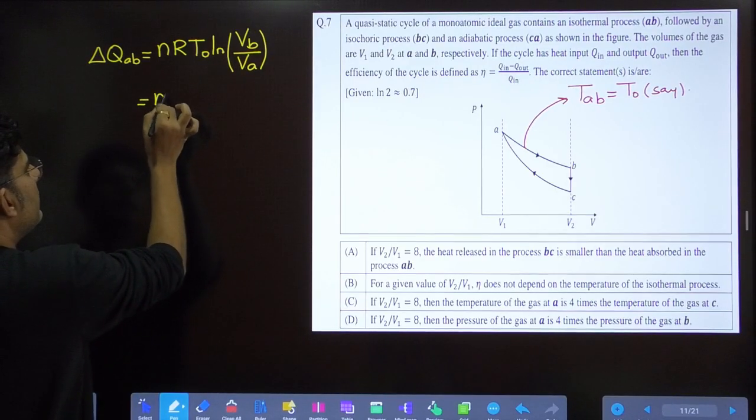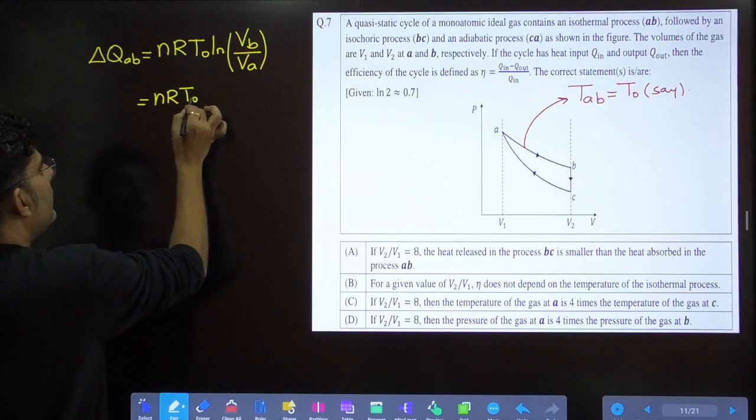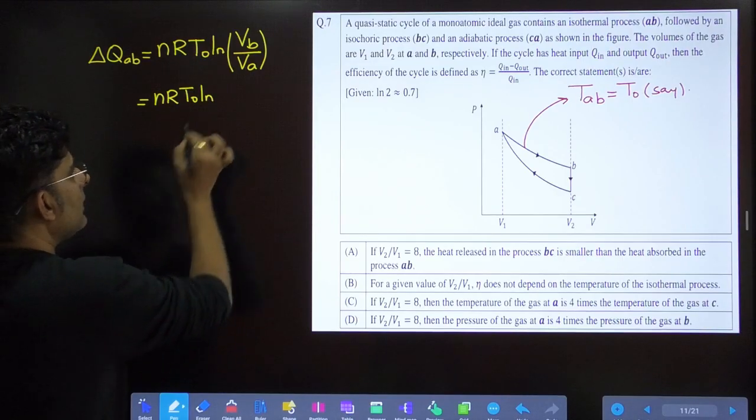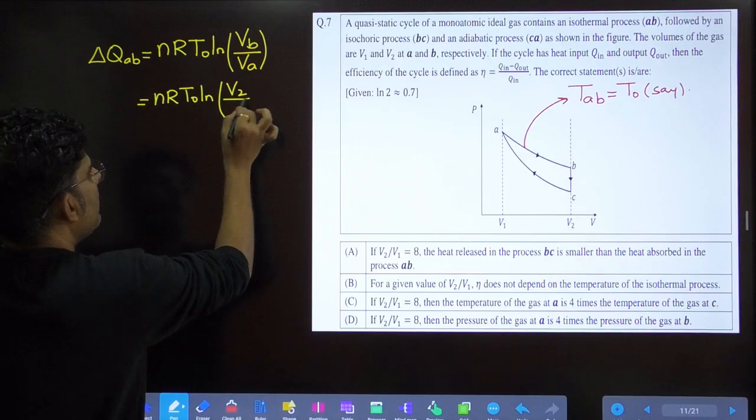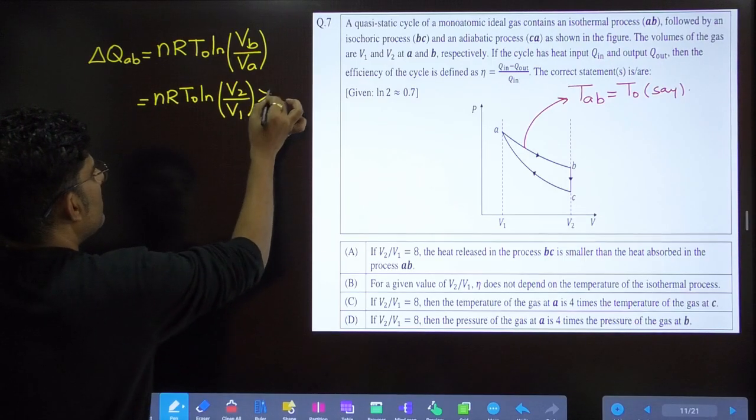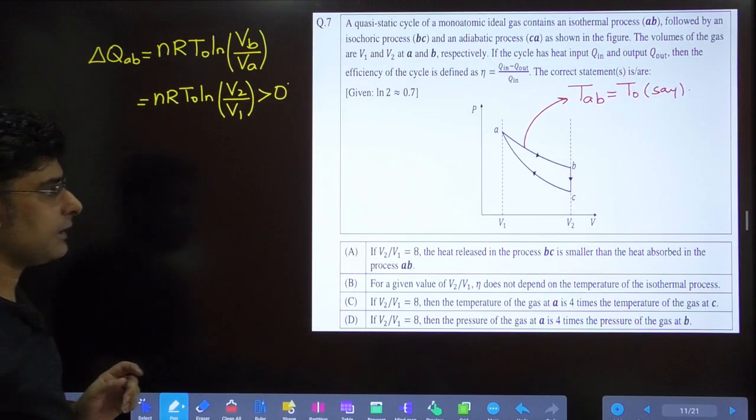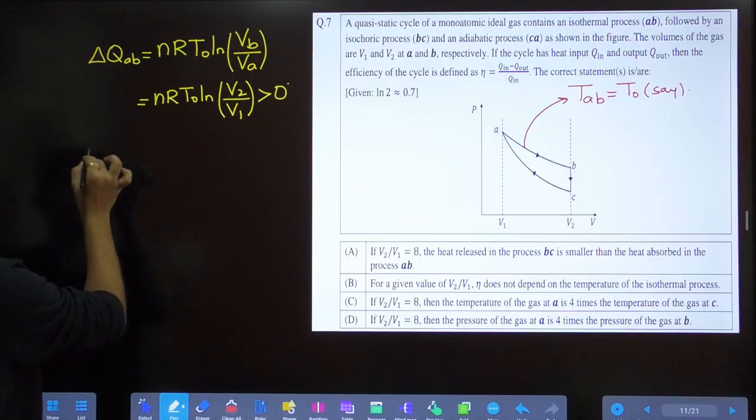So we can write it as nRT₀ natural log V₂ by V₁. So this is positive. Clear? Next,